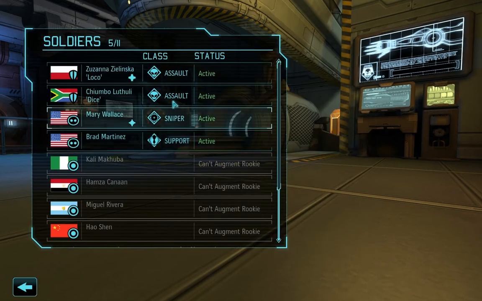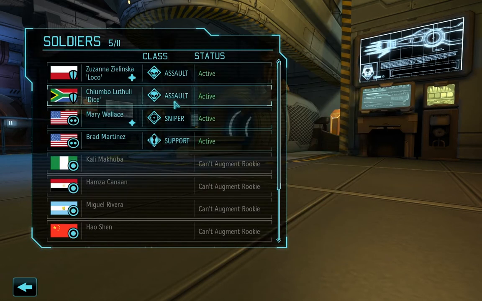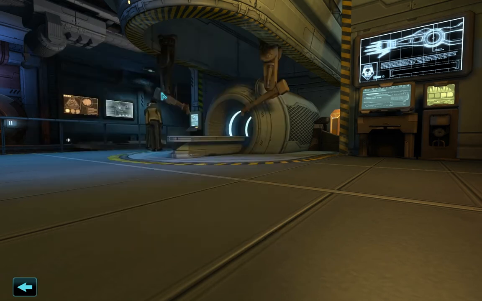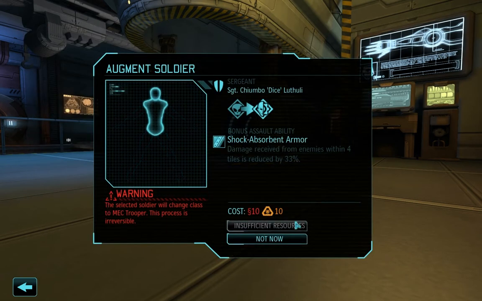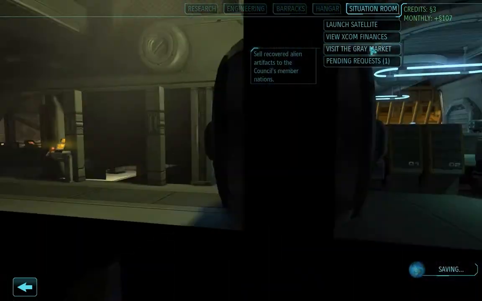I mean, it's tough to say what's going to be better. Sergeants, I think they maintain their level, so there is some advantage to putting a high level character in. So I think we probably will go with converting an assault. I think this new guy that we got, actually. So we just need to get 10 money together. That'll be easy. We'll head over to the gray market,